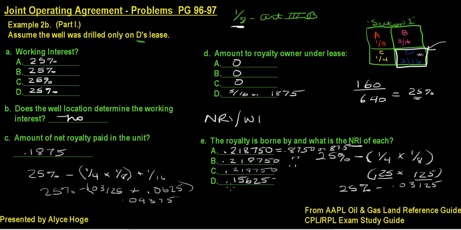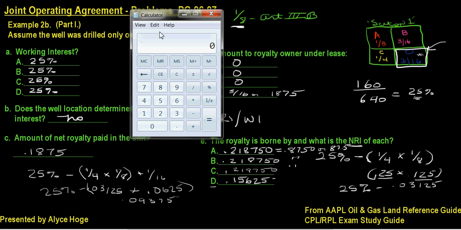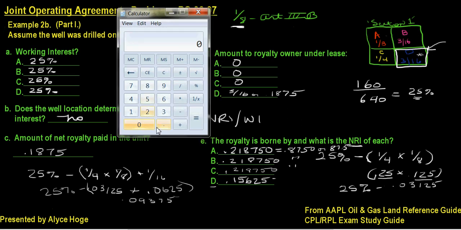But look what happens when we get to D. For D, we're going to take his net revenue interest and divide it by the working interest. That's going to be this 0.15625. Bear with me. Golly, I'm doing this kind of late at night. I think that's the problem. 0.15625 divided by 0.25, their 25% working interest, equals